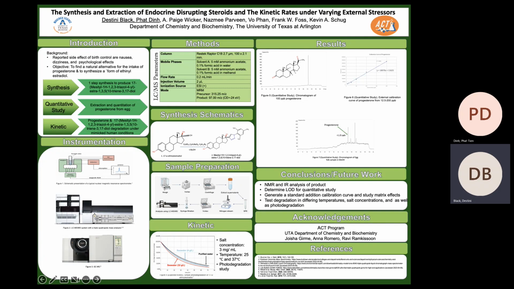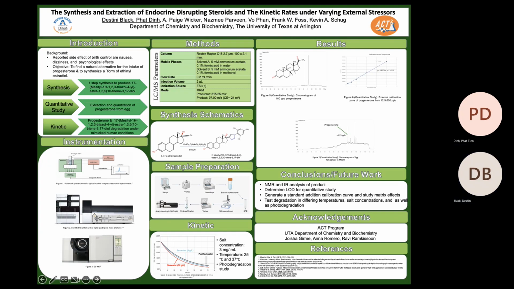Next, we have the synthesis schematics, which is utilizing click chemistry. We begin with a copper catalyst, an alkyne, and an azide in order to create the desired triazyl. Next, we have the sample preparation of the quantitative study. In a 9-step procedure, ending with the analysis using LCMS, we conducted and extracted data that produced our progesterone peak